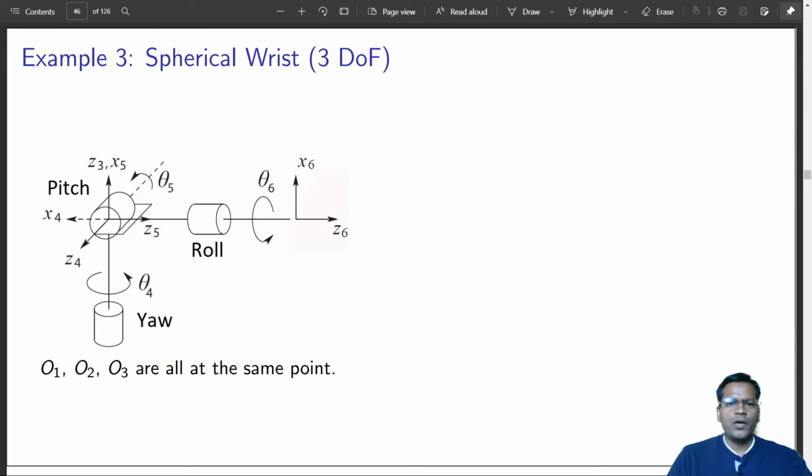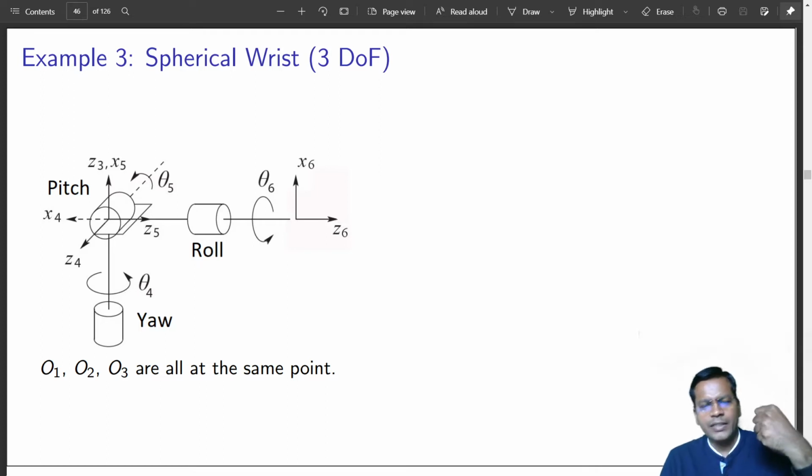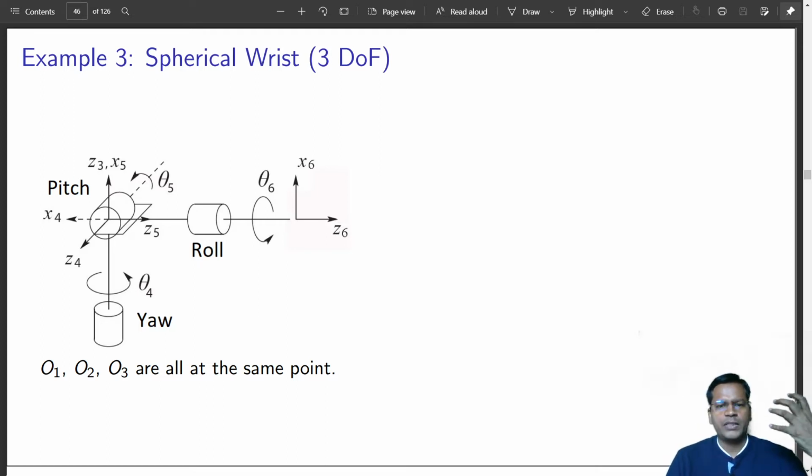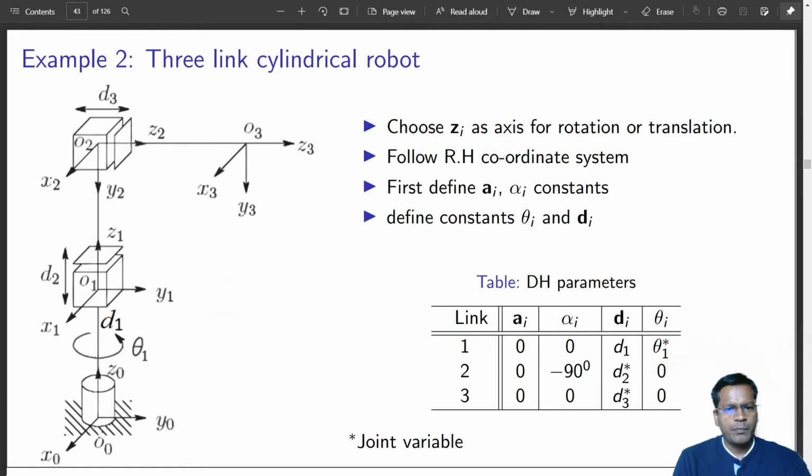Okay, so now coming to the kinematic representation of the same link joint system. Let's see how it works. So here we are. The first axis, because the spherical wrist is part of a 6 degrees of freedom robot, the first three links can position your end effector to any place in space.